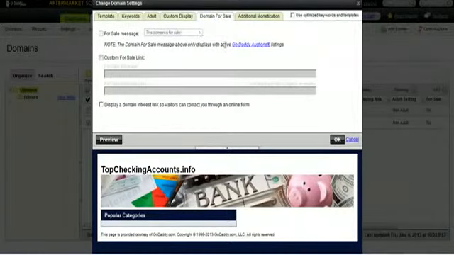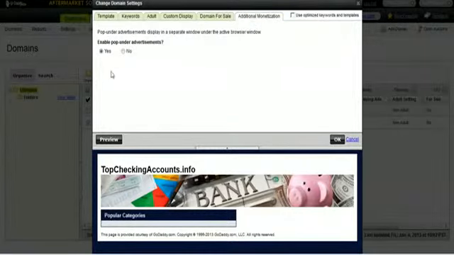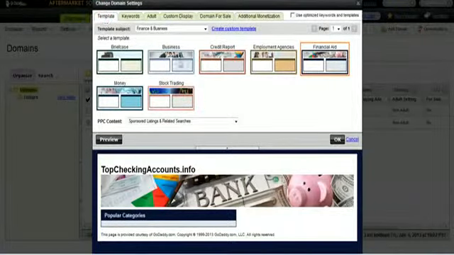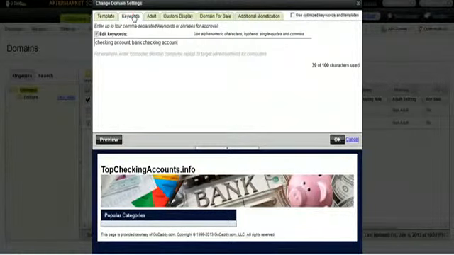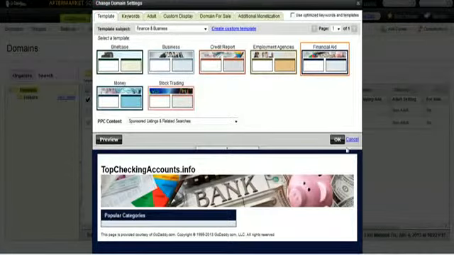Domain for sale? No, I'm not going to sell this domain. It's not traditional parking because I'm really just driving traffic to the ads. It's not a premium domain that I'm trying to sell. Additional monetization? Yes. Enable pop-ups. That adds a few extra cents for each visitor that comes by. It doesn't add up to a lot, but it's better to have it than not, right? So again, that's it. You've customized your landing page. Just click on, let's see, make sure everything stayed the way I wanted it. Yes. Okay, then just click on OK,